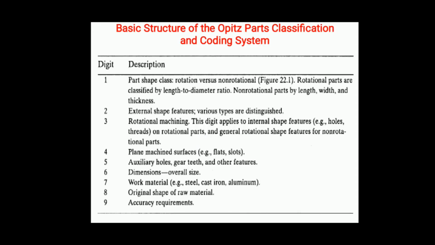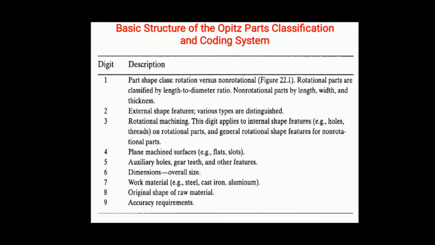Now you can see some basic structure of the OPTIS part classification and coding system. OPTIS is one type of classification and codification system. You can see here the first column is the digit, the second is the description. Suppose I give a codification number for a certain part, then digit 1 indicates the shape of that part, the second digit indicates the external shape features,